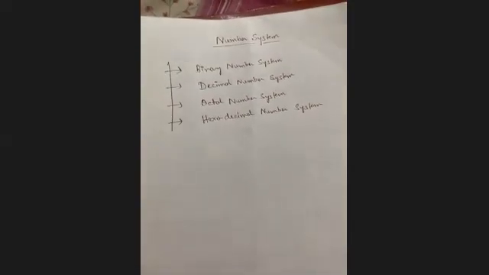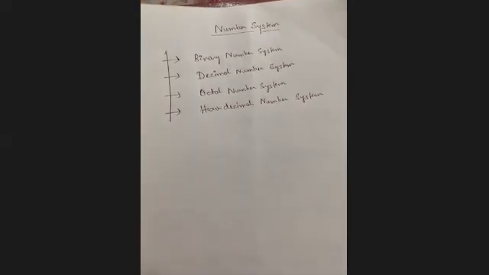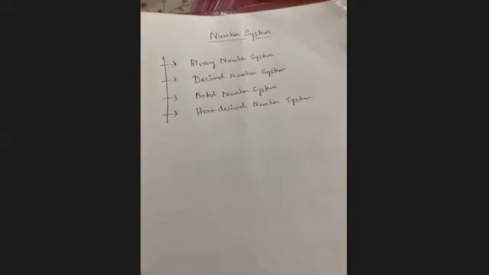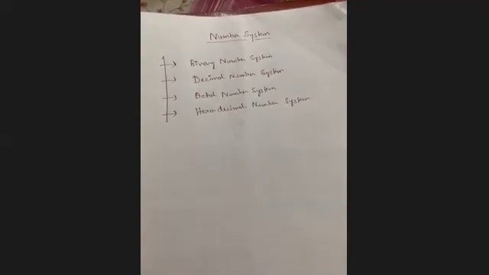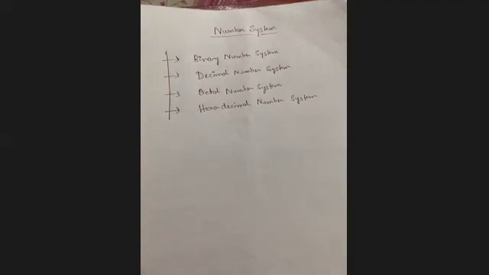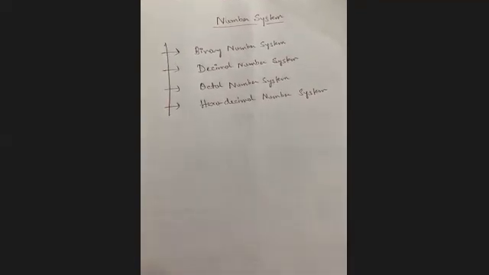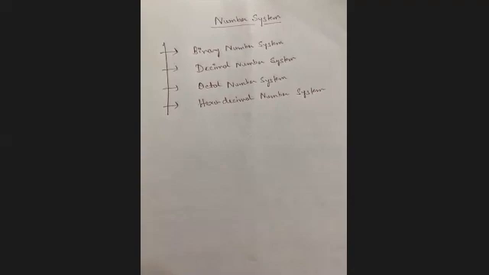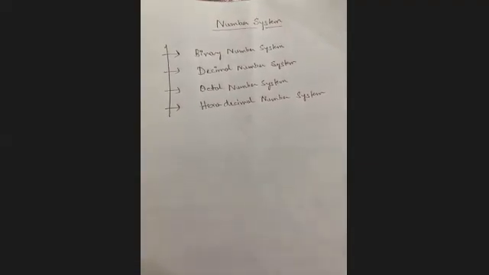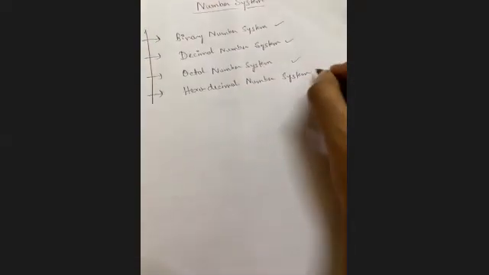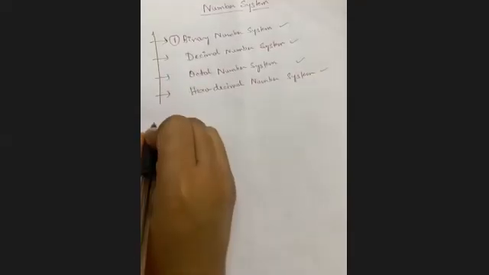So, in case of number system, it is divided into 4 parts. First is your binary number system, second decimal number system, third octal number system, and the fourth one is your hexadecimal number system. First of all, one by one, we will get to know what each number system actually denotes, and later on, we will go on conversion of one number system to another. Means we will change a binary number system to decimal, decimal to octal, octal to hexadecimal, and vice versa. First, we will get to know what each number system actually is. So first is my binary number system.